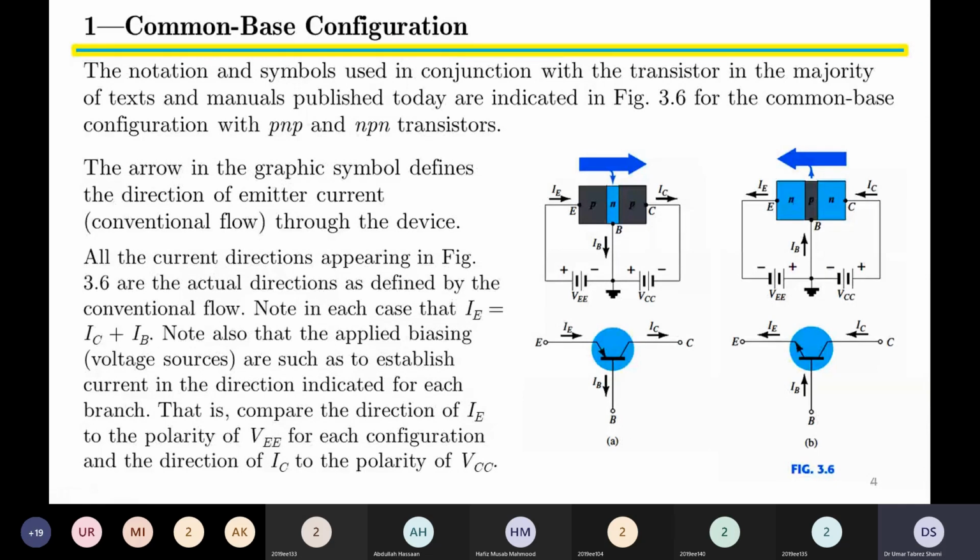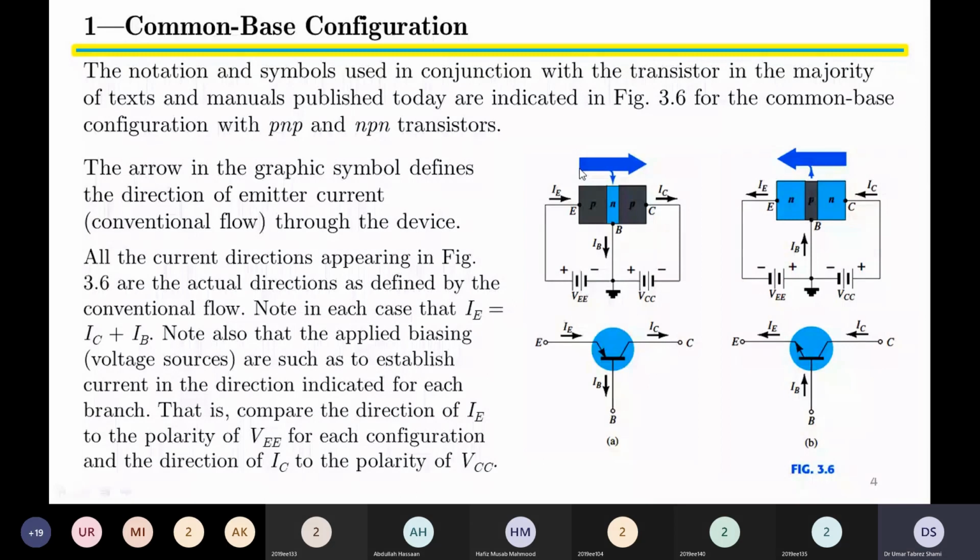In part B, again, the input is available across emitter and base, and the output is available across base and collector. And in both diagrams, either in the PNP case or in the NPN case, the arrow symbol indicates the direction of the conventional current. So if we look over here, this arrow